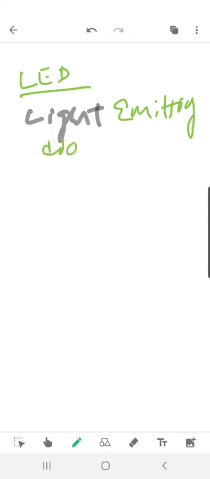Light emitting diode. When I say light emitting diode, it simply means it is a diode circuit. It is a PN junction which emits light when proper biasing is provided to this junction, this diode. First of all, we already know that our LED is fabricated using direct band gap semiconductors,